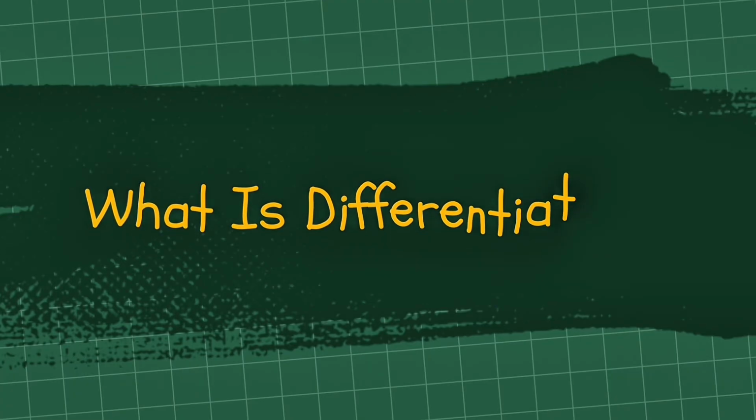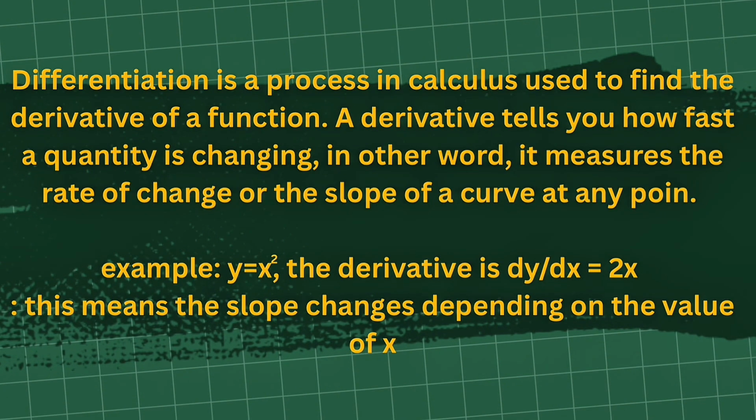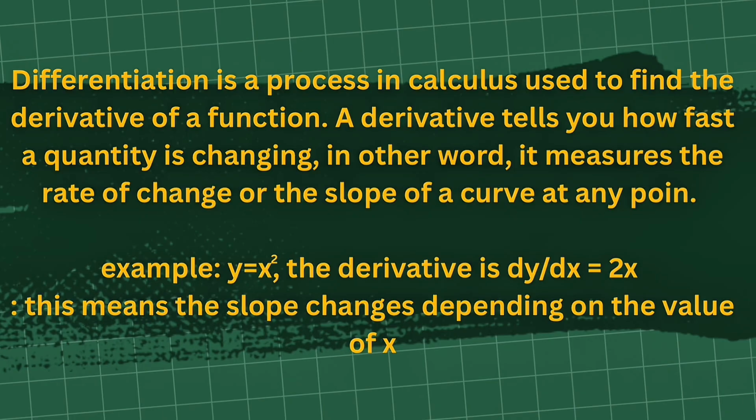The world around us is constantly changing, and in mathematics, we have a precise way to measure that change. This process is called differentiation. As it's heard, differentiation is a tool in calculus used to find a derivative of a function. What does a derivative tell us? Simply put, it measures how fast a quantity is changing. This is the rate of change, or when looking at the graph, the exact slope of a curve at any